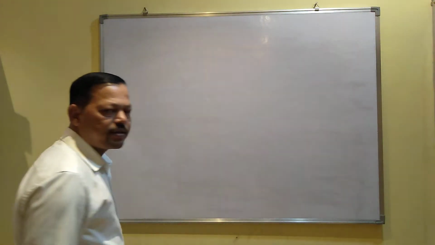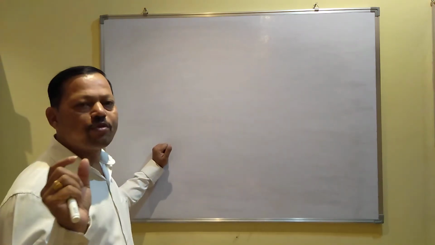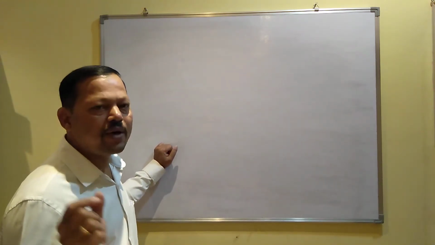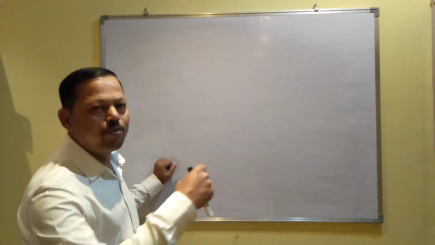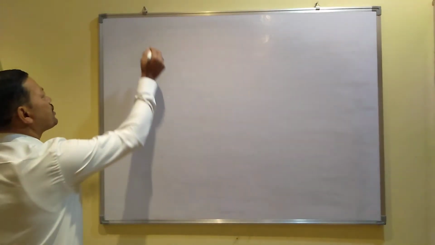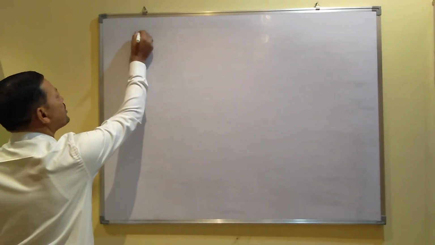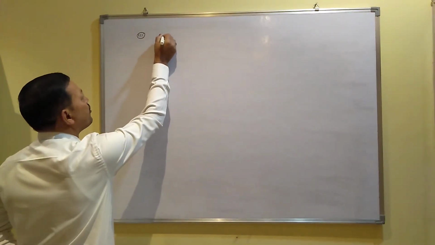Good morning, students. In the last class, we started the chemical reactions of alkenes, and we have done some addition reactions of alkenes. Since alkenes contain a carbon-carbon double bond, they show mostly addition reactions, in which the double bond is converted to a single bond. So this is addition reaction number 3 of alkenes, which is called addition of